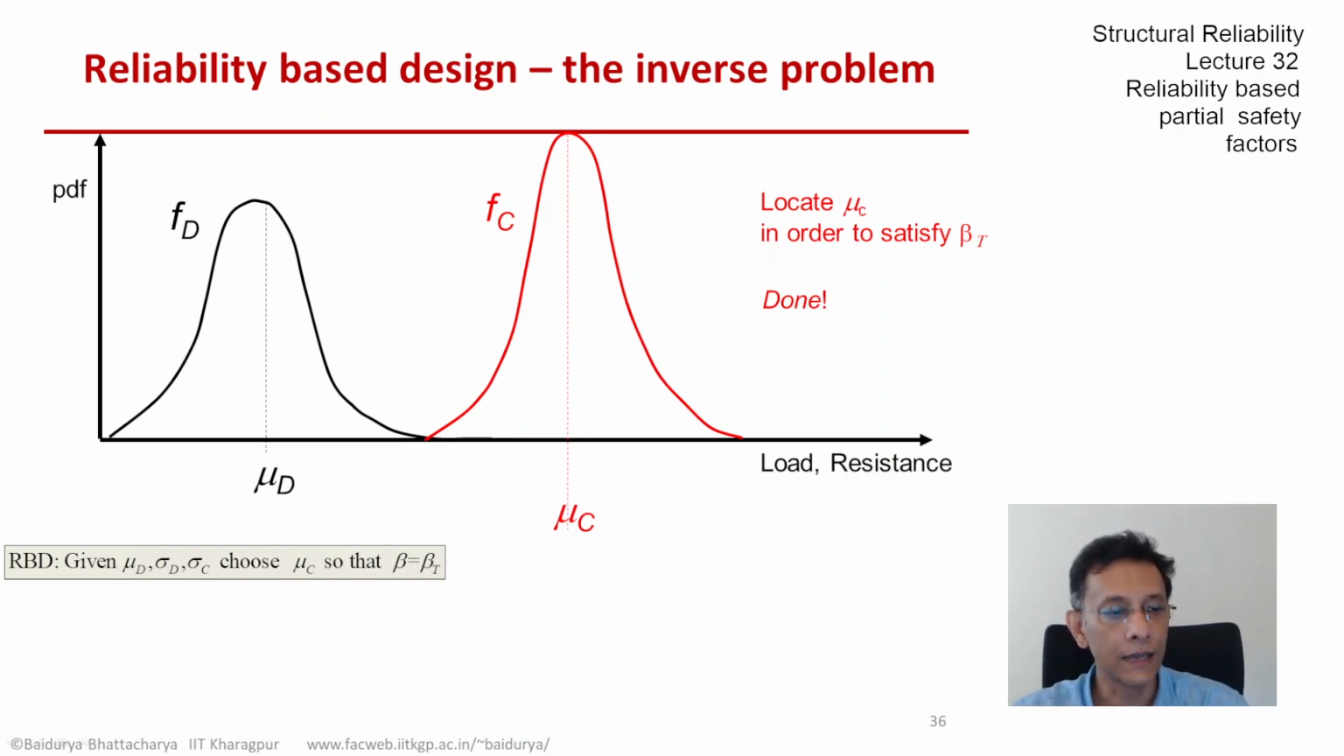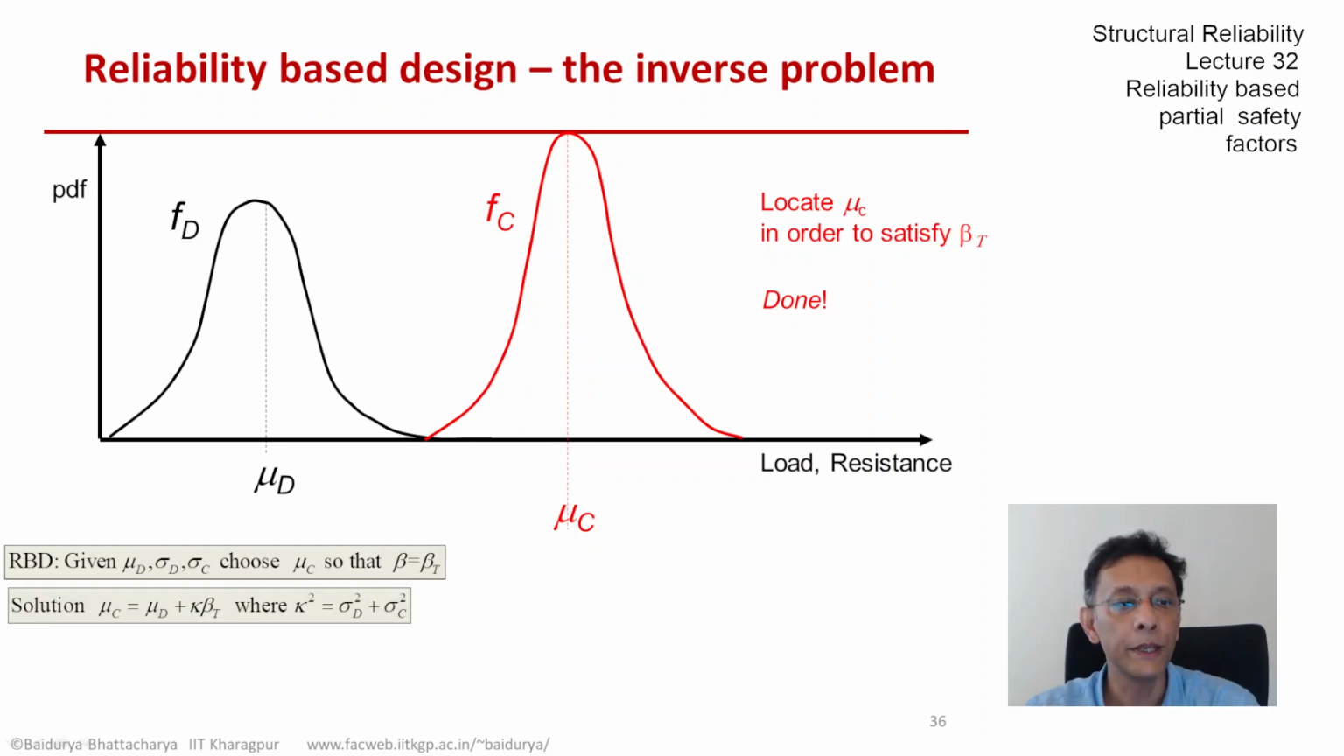So once this is done, we know the solution. It is the mean of C is the mean of D plus a quantity that depends on the target reliability index and the total variance. So it's mu D plus kappa times beta T, where kappa squared is sigma D squared plus sigma C squared. So this would be the end of it. We have solved the inverse problem, but